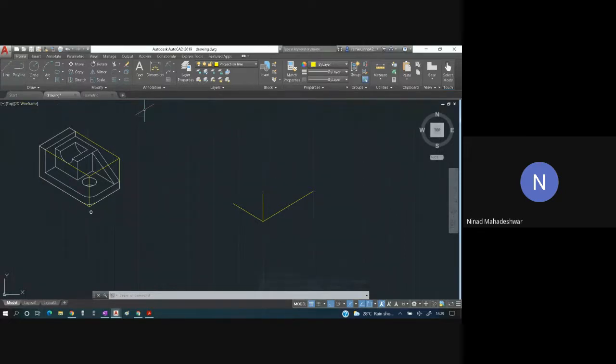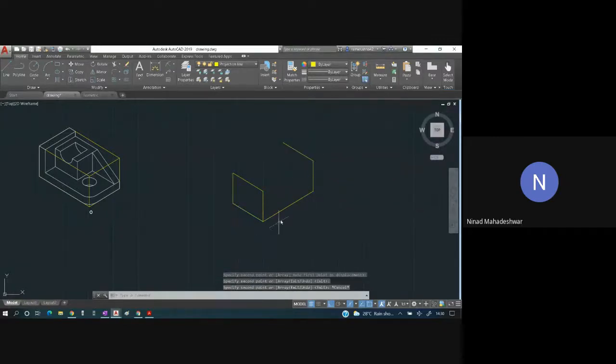I will just copy this line over here. From here to here, I'll click over here. This is the end point. Then I'll copy this line from this point to this.